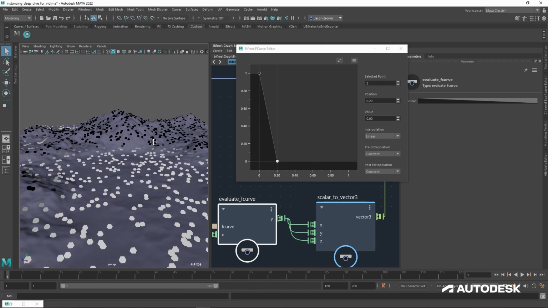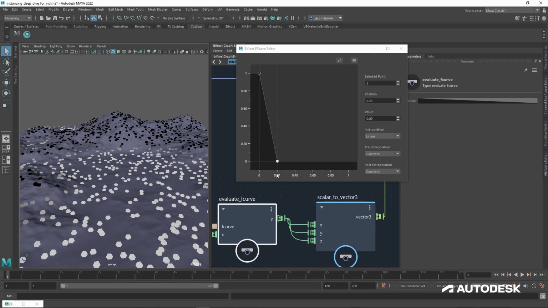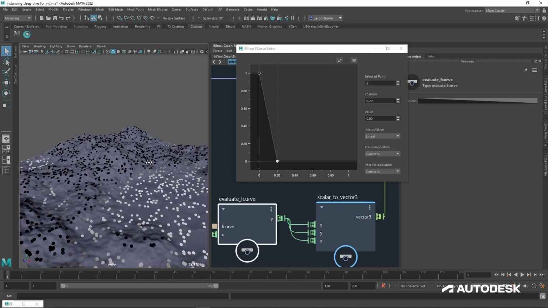So now what's happening is that anything that's coming in along the x-axis at 0.2 or greater, so 0.2, 0.3, 0.4, 0.5, 0.6, all the way up to 1, all of those are coming in at those numbers, but they're all going out at 0. What it's basically saying is that anything that's higher than 0.2 on our input is now going to go out as black. And that's what we get here.